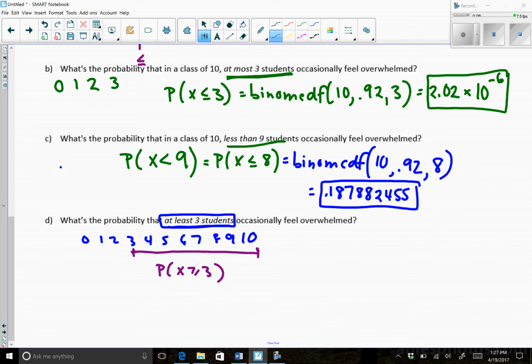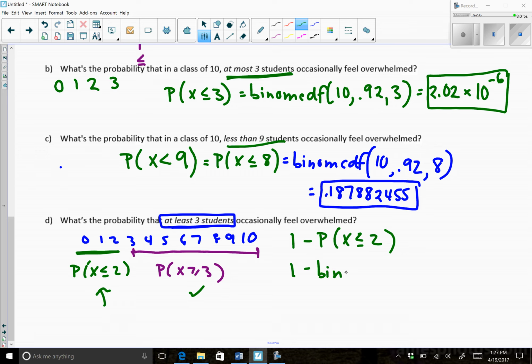We can't have greater than or equal to 3 if we're doing a binomial CDF, so we have to change this. So the complement of x greater than or equal to 3 for this problem would be the probability of x less than or equal to 2. And since this is not what we want, this is what we want, we're going to have to do 1 minus the probability of x is less than or equal to 2. When we do this in our calculator, it's going to be 1 minus binomCDF of